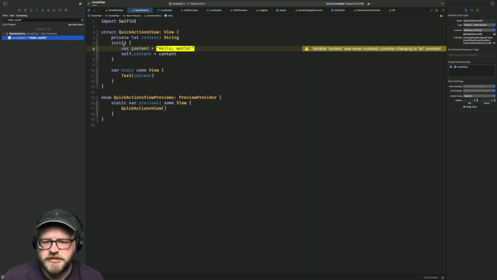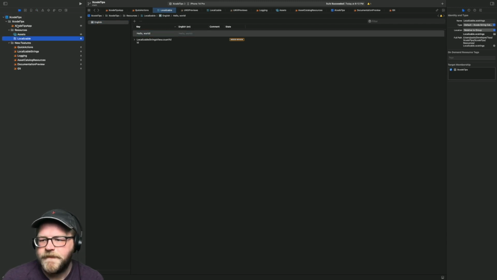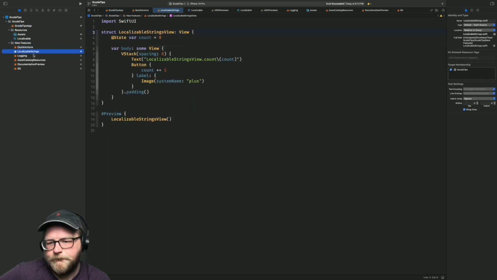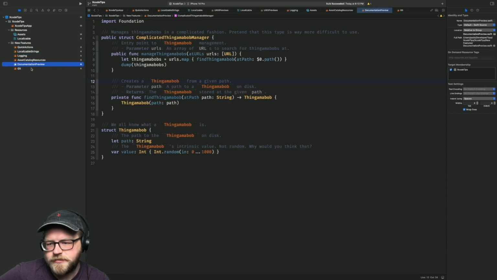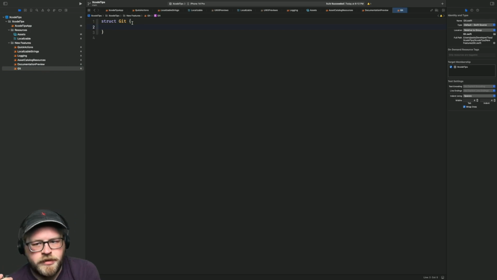Var content here. It's just a string. So where's this other hello world coming from? Get out of here. Nobody wants you. Because that used to be coming from Xcode tips app, but we don't have anything that's just hello world anymore. I don't know. But anyway, what I want to do here is I want to show that, oh, by the way, I can create a thing in here,